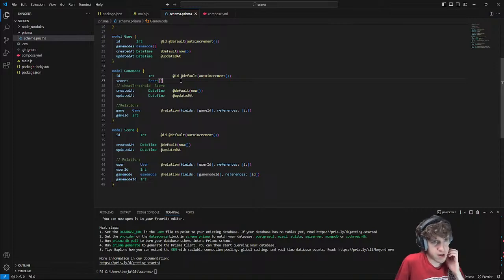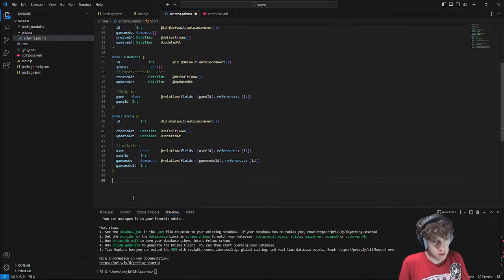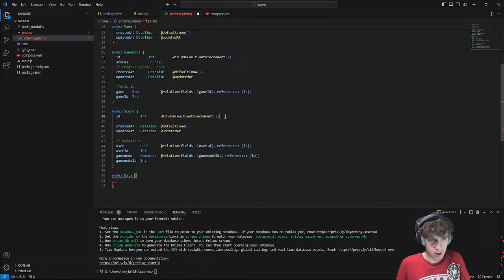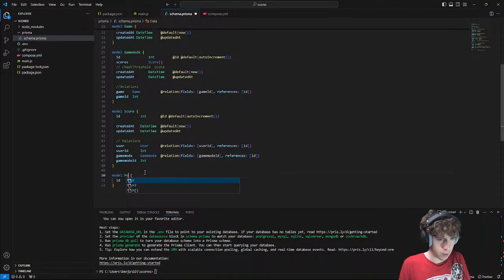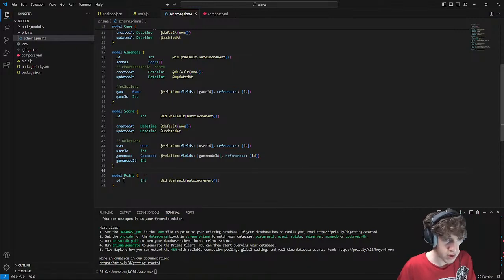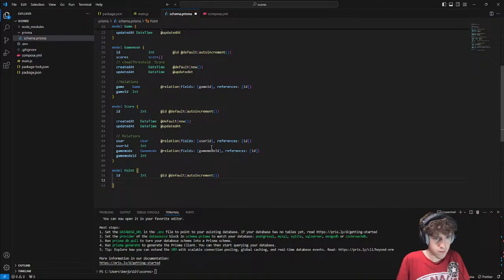How do I do a dictionary in here? I guess I would do another table if I want to do a dictionary. So if I do data, I do ID here, or I'll call this point. So each score is going to have multiple points. It has the created at and updated at value.